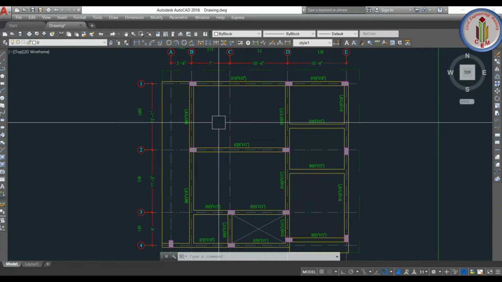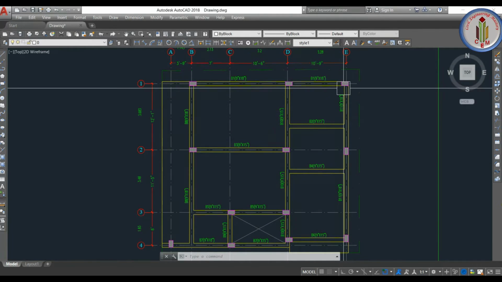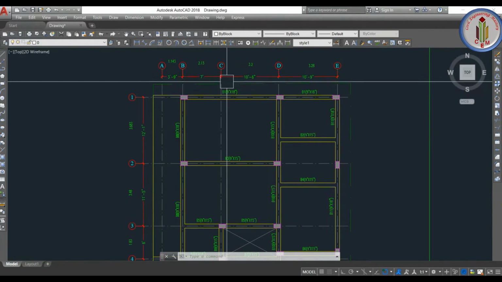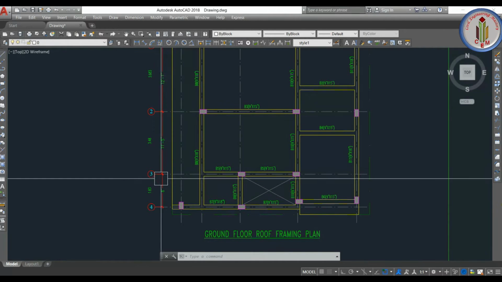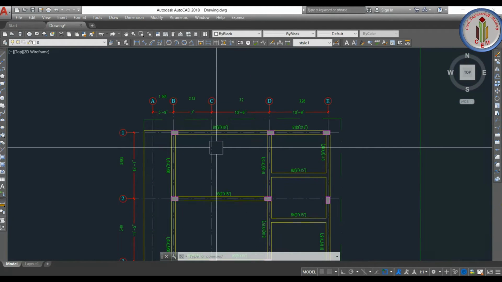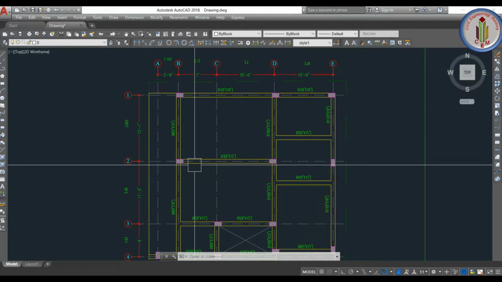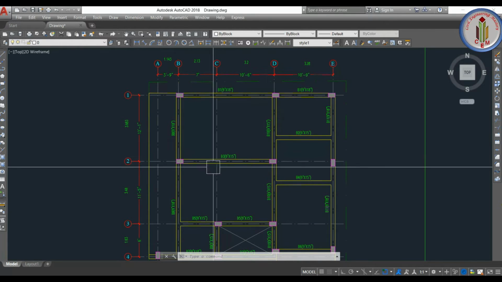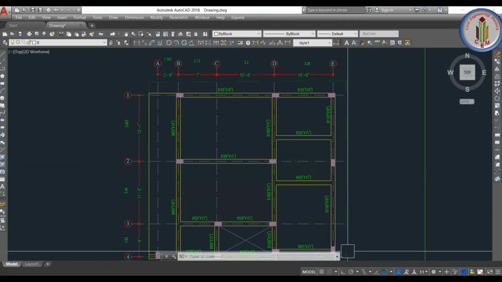Next let's see where all the columns are. Here we have created one, and in the C grid a column is there in line with 3. Next what we need to mark is 2D. 2D is this column, and then we need to mark 2E.